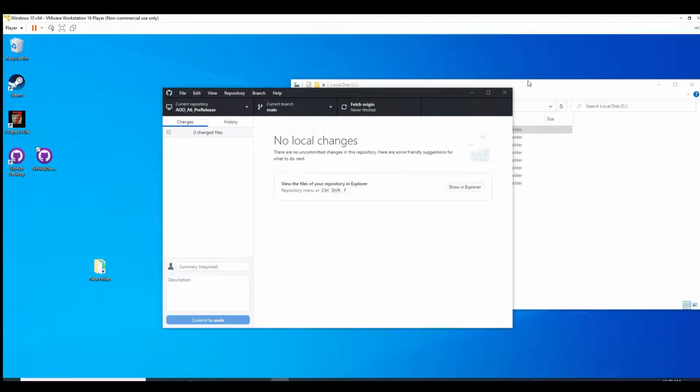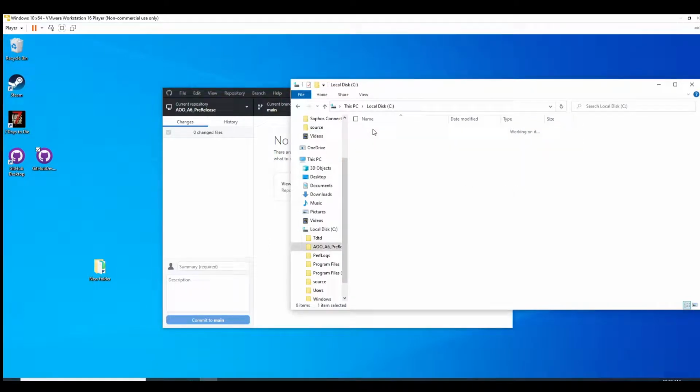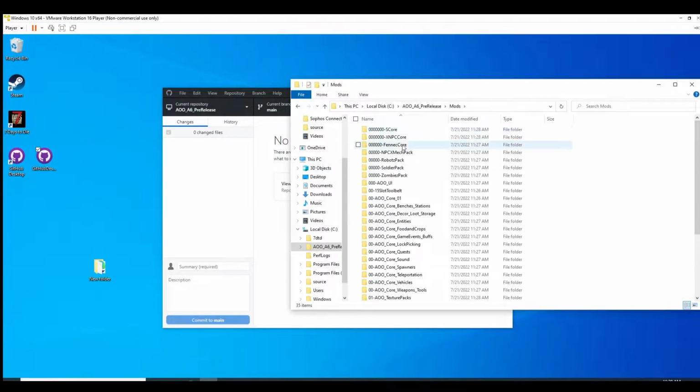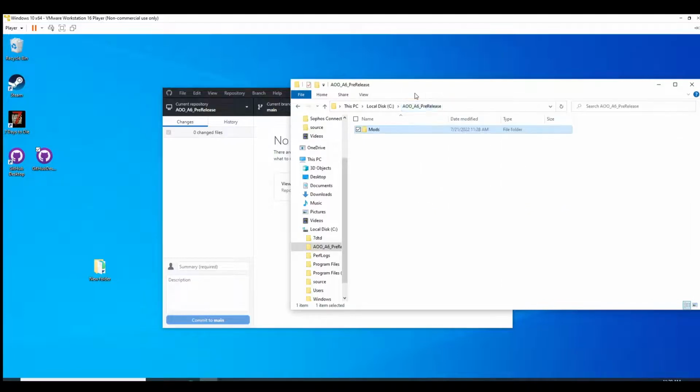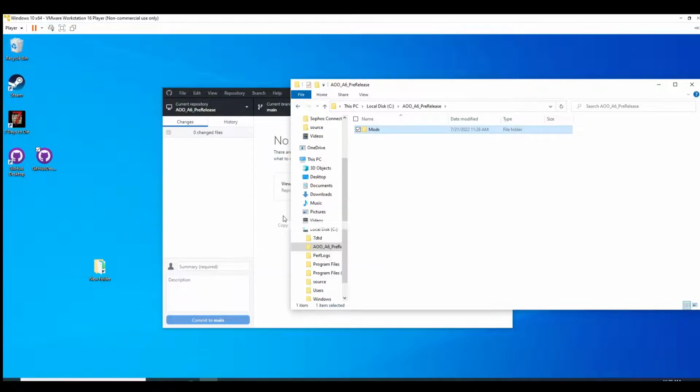Now once it's completed downloading, you can go to where you were. You can see where it went. See within here there is a mods folder with everything that's here. Now the easiest way now to install is you take the mods folder, right click, copy,